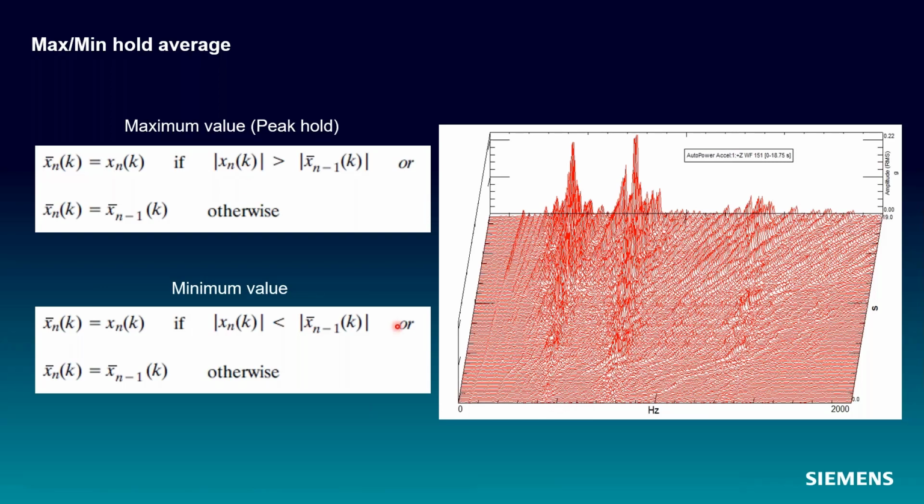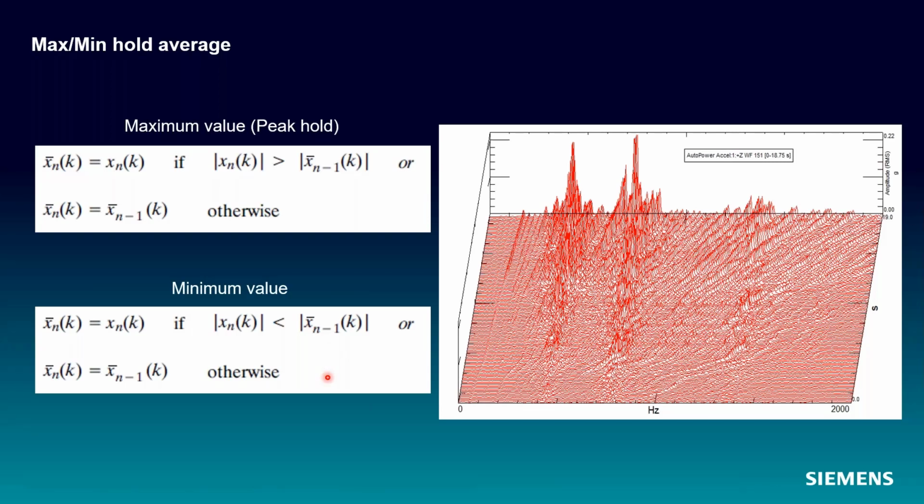If it's now 11, it throws away the 10 and keeps the 11 because 11 is bigger than 10. It keeps listening, and you see the value goes up pretty significantly here. So it looks at the whole test through time for each frequency line and just keeps the maximum value. Pretty straightforward. Similar with the minimum hold, it's the smallest value at each frequency line throughout the entire test.